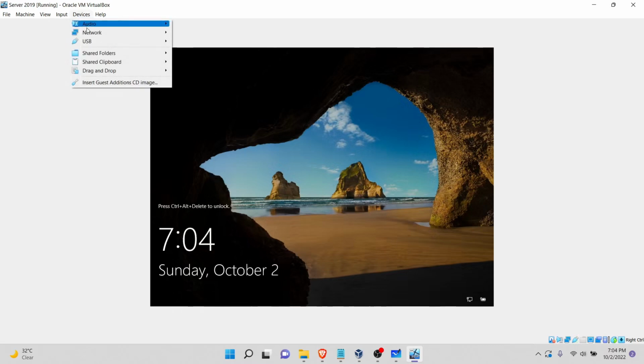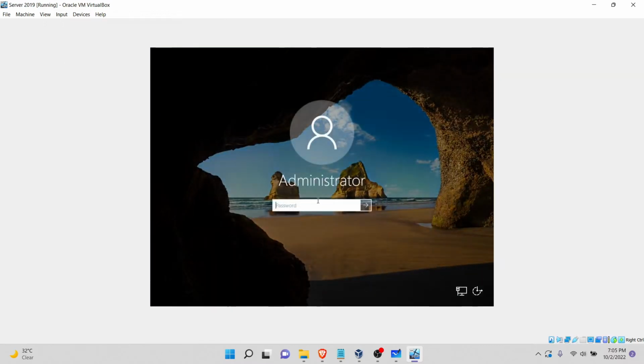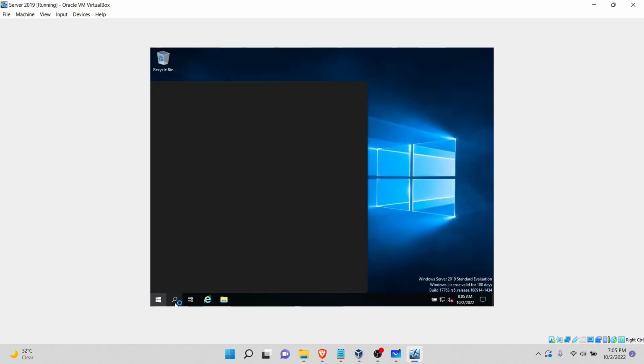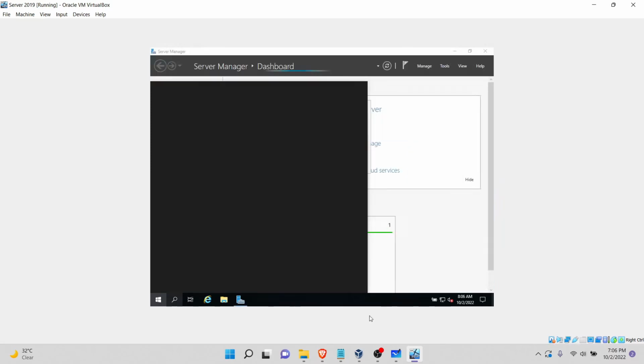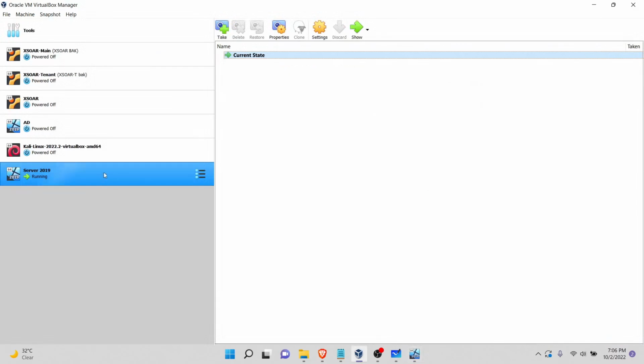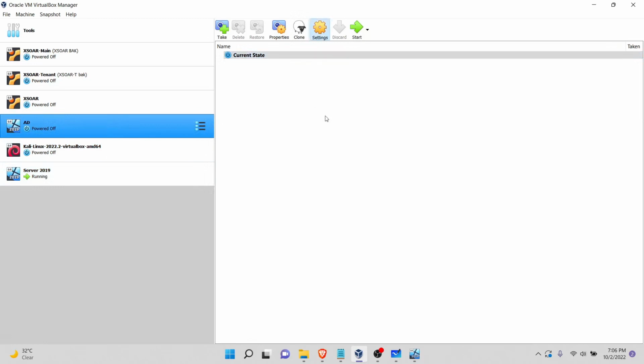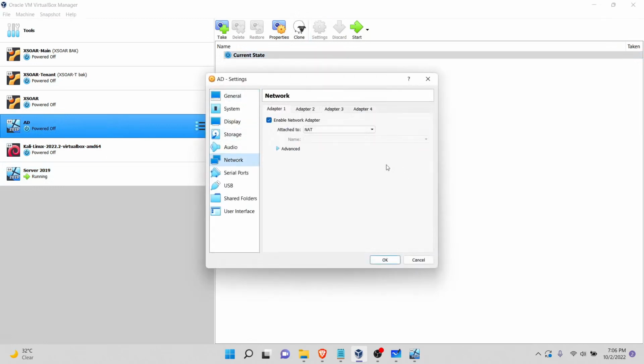So now the booting has been done. We'll input Control Alt Delete, password. Click here. It will take some time because it's the first time we booted this virtual machine. There are some other background tasks going on and starting. In the meantime, we will start our Active Directory. Before that, we need to change our network from NAT to bridged,